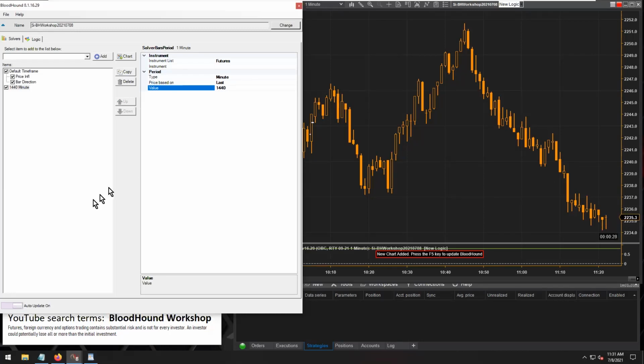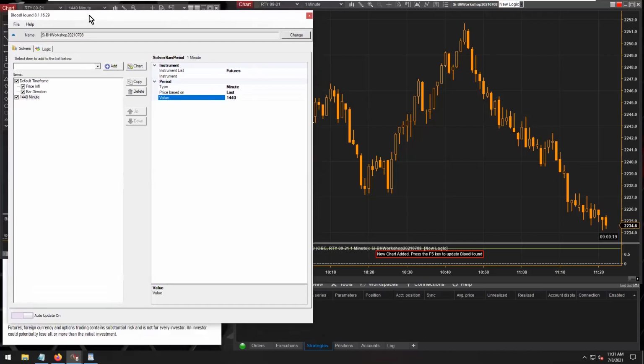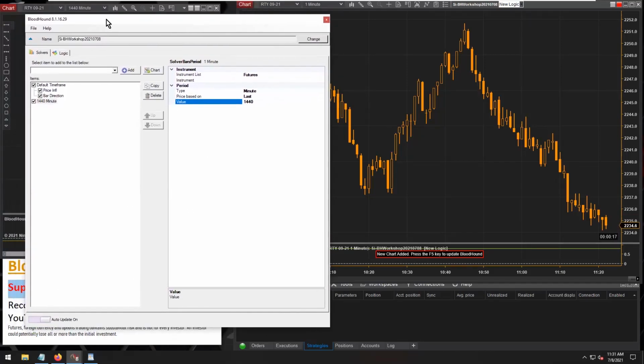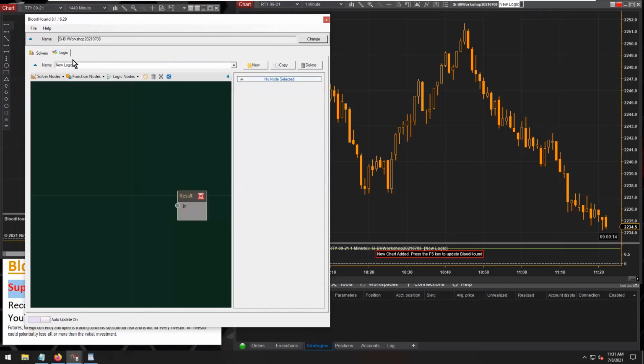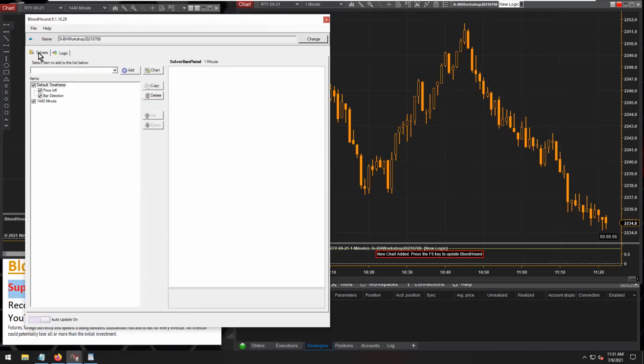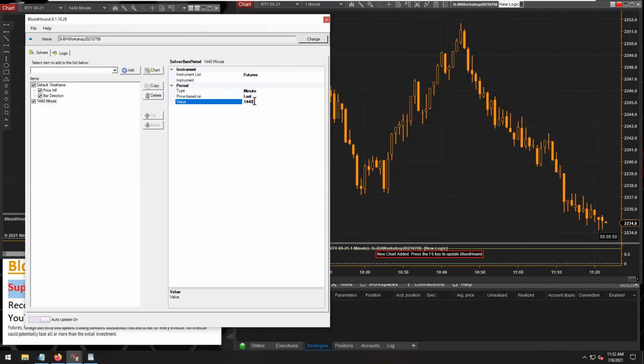But I think that still within an indicator, and remember, Bloodhound is just an indicator. It's a fancy looking indicator, but at the end of the day, it still has to follow all the basic rules of NinjaTrader indicators. And so what that means is that, when you incorporate multiple time frames, or multiple data series into an indicator,